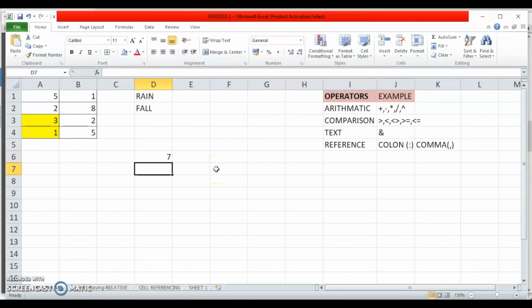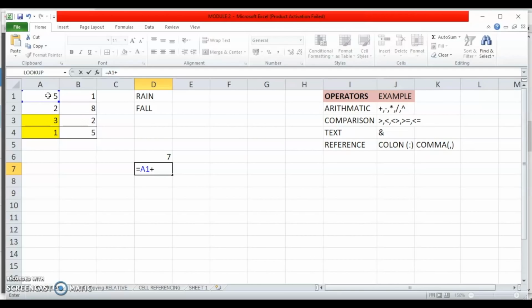Now not only can I just enter numbers, I can also enter cell references in Excel formulas. How can I do that? To do that, again I start with equal to sign. Now after putting the equal to sign, wherever I click, that cell will get referenced. So suppose I want to add the cell A1 and A2, I will click on A1 first. You can see as soon as I clicked on A1, the cell address A1 is appearing in my active cell.